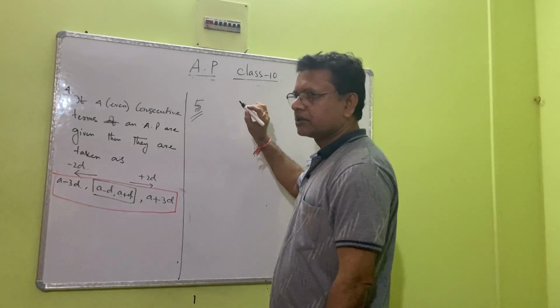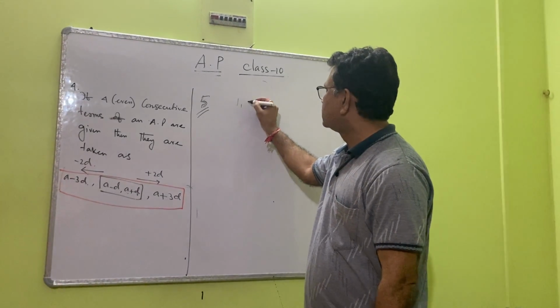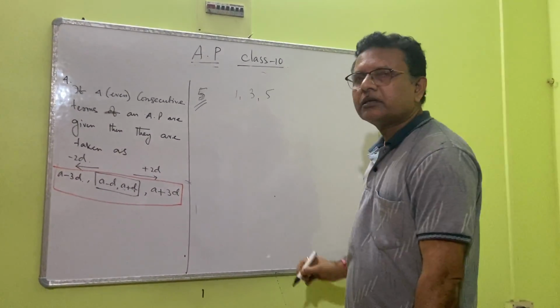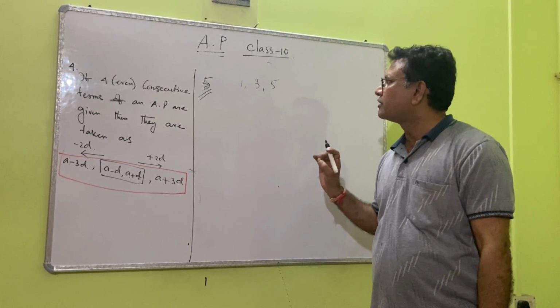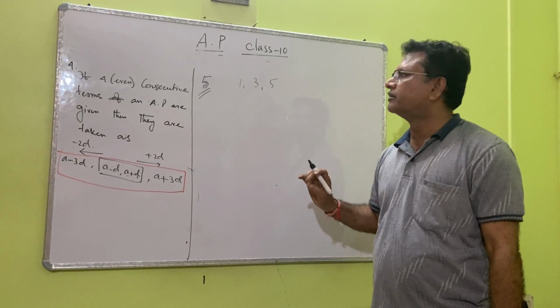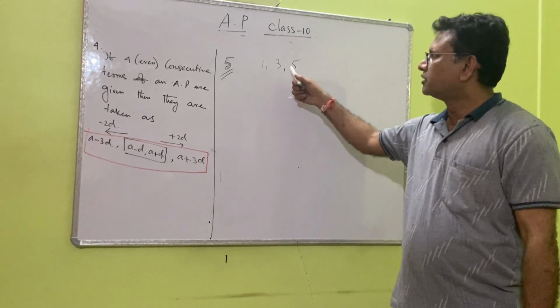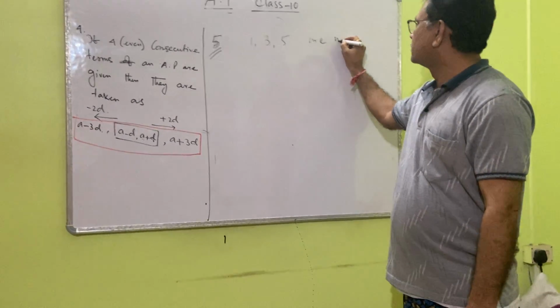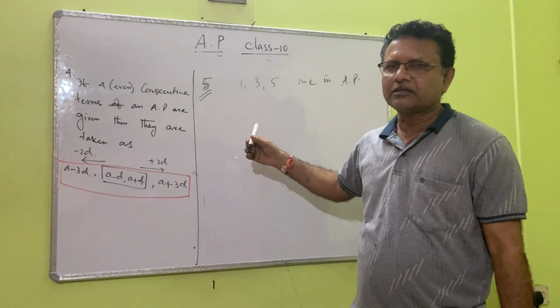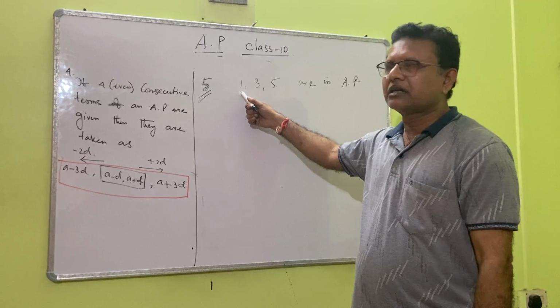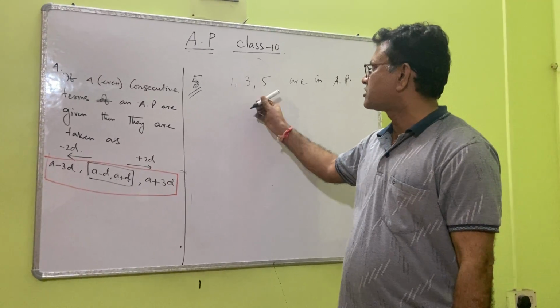Suppose I am just giving you an example. 1, 3, 5. These 3 numbers are in AP. You add the same number, a particular number, suppose 7, with all these 3, which are in AP. Now if I add any number, it is up to you. Suppose I will add 7. So if I add 7 with all these 3, then I will get what?